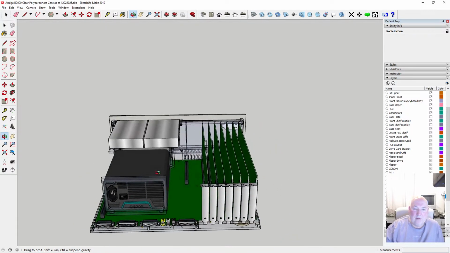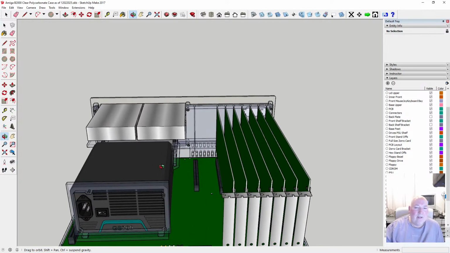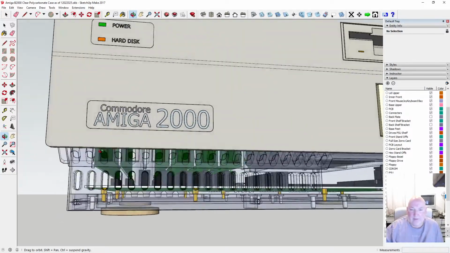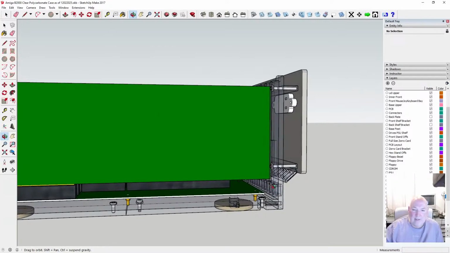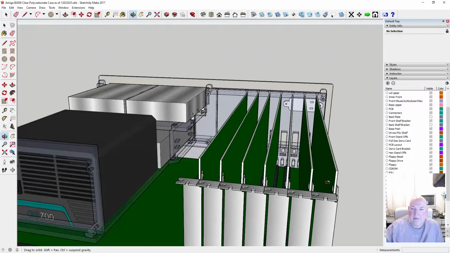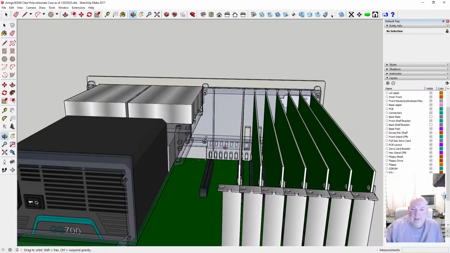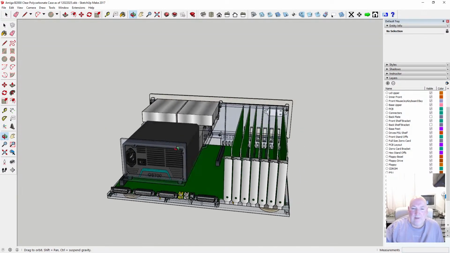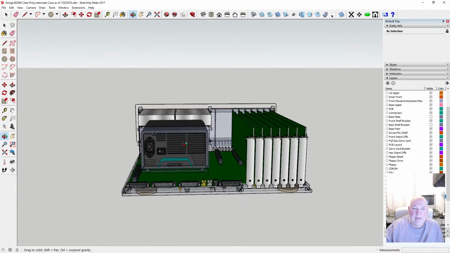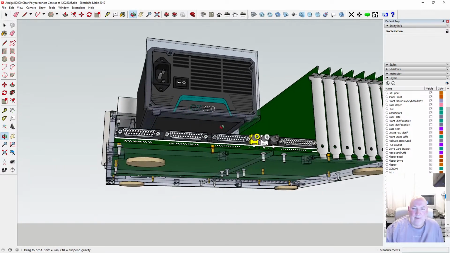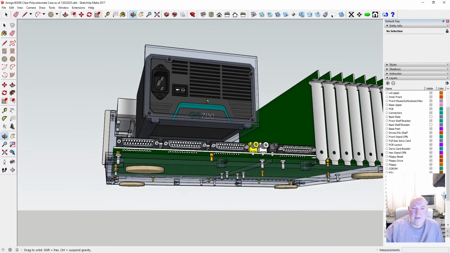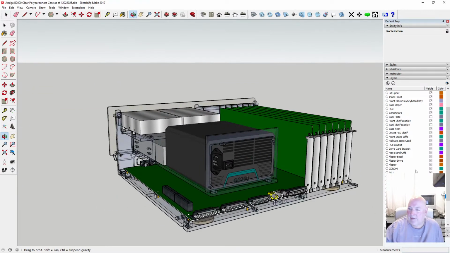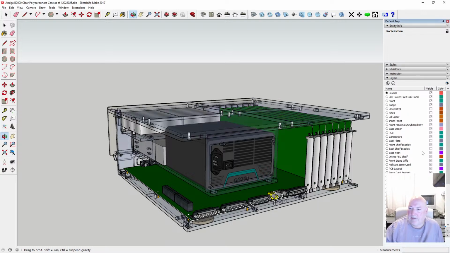The power supply here will draw, once the cover's on of course, air in from the vents here. So it draws it through and in onto the board and in between the cards there. And you've also got some airflow here as well to draw in. And it'll suck it through the power supply and out through the back. I think there's a big fan underneath there or on top, can't remember now. Or maybe both. And it pushes it out through the back, so if the case is all together, the lid is on and the sides are in,